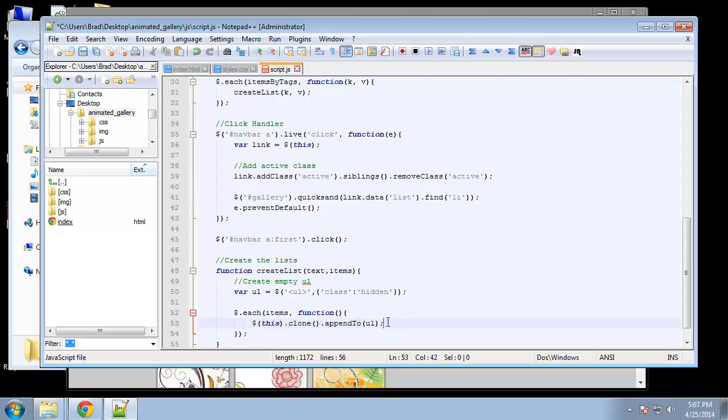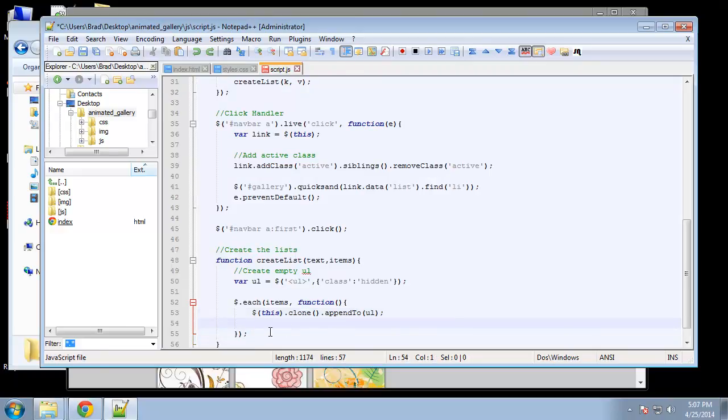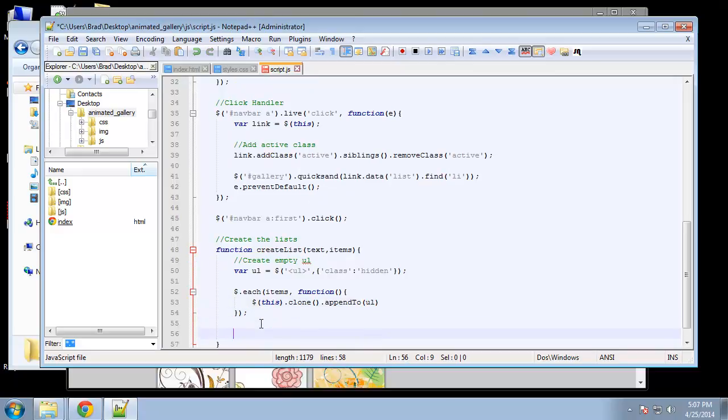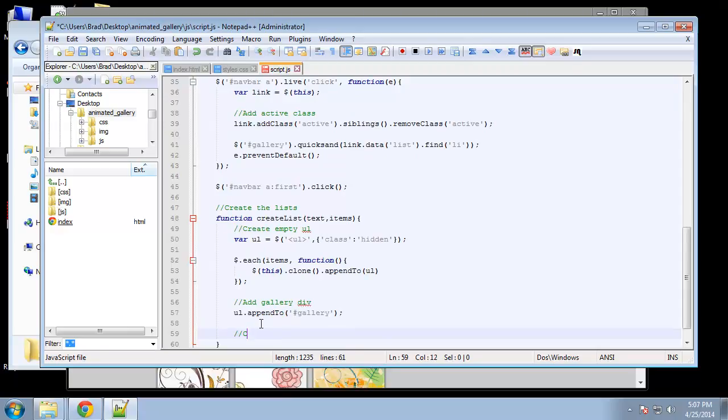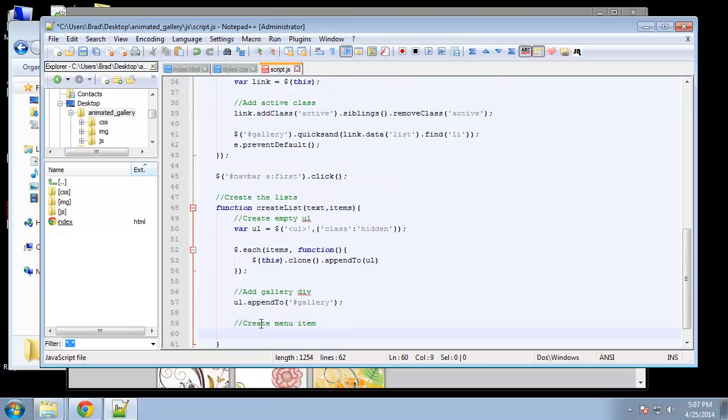So down here, actually let's get out of this loop, and then add gallery div. We can do this with ul.append to gallery. Okay, and then we want it to create the menu item for that category. So create menu item, and we'll say variable A, equal to just A,